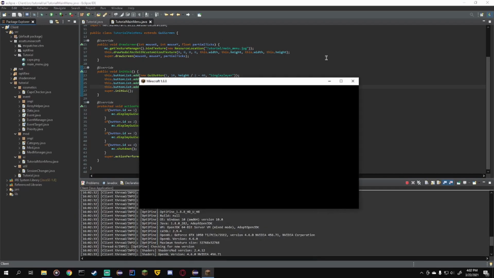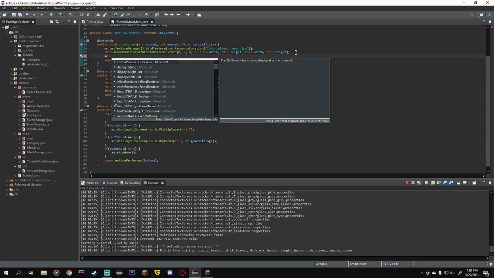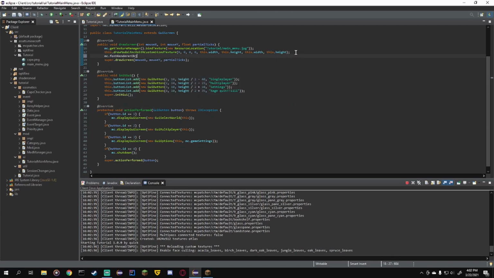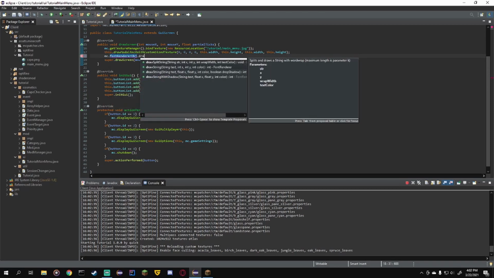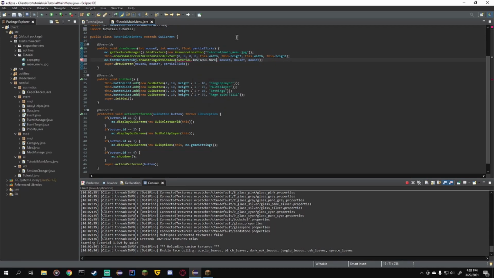Now we're going to do mc. That's not it. MC, actually, yes, that is it. Font renderer obj dot drawstring. You can do it with shadow. I'm gonna do it with the shadow because I think it's fun. And we're gonna do tutorial dot instance dot name, and then we're gonna do